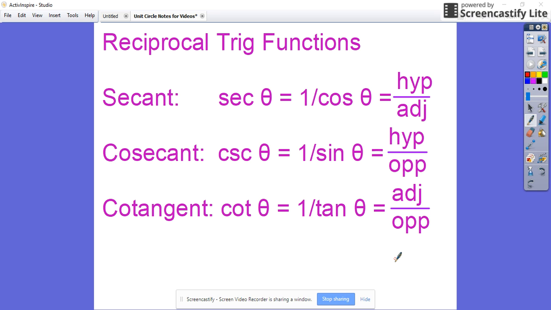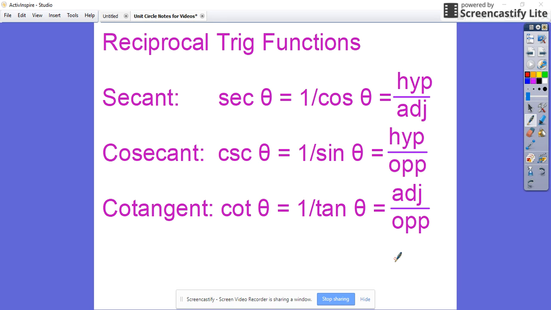Welcome to this video about reciprocal trig functions. What we're going to be looking at today are secant, cosecant, and cotangent. These are the reciprocal trig functions because they are defined as the reciprocal of the three main trig functions, namely cosine, sine, and tangent. So secant is defined as being 1 over cosine,